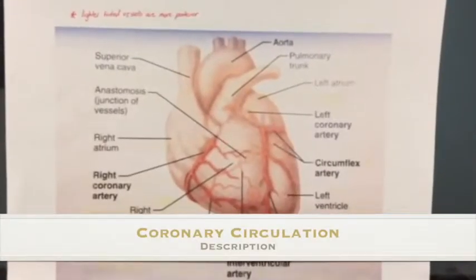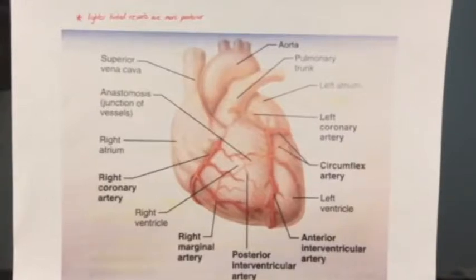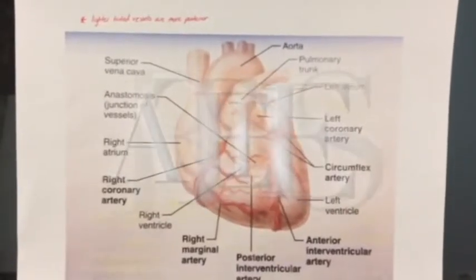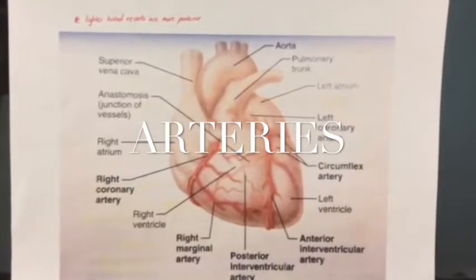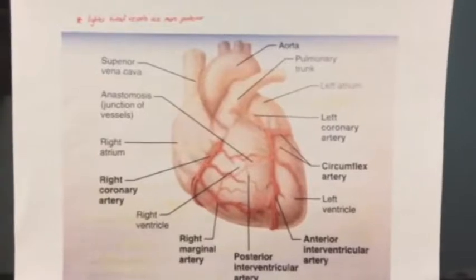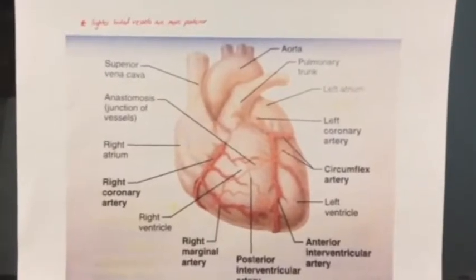Coronary circulation is circulation of blood in the blood vessels of the heart. Vessels that deliver oxygen-rich blood are coronary arteries. In this image, the lighter tinted vessels are more posterior. The arteries include the left coronary artery,